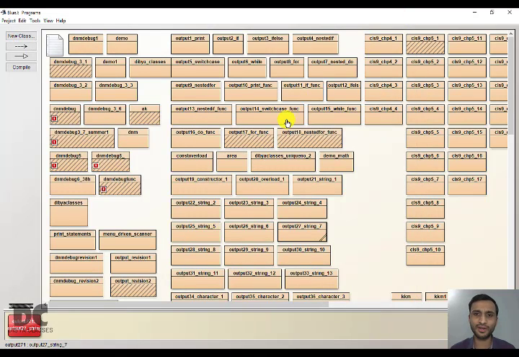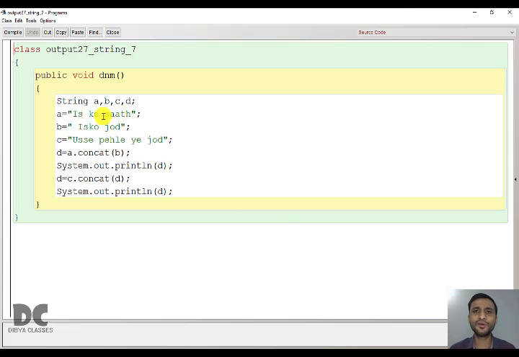Remember, while using concat, it will not create a space automatically. In the first case, space was coming because we gave a space. But in the second case, there was no space. So concat will not create spaces automatically between strings. You have to remember that. People make mistakes in this. They give a space by themselves. No, there will be a space only if the string contains a space, like in this case.